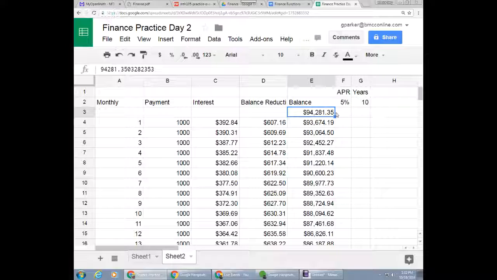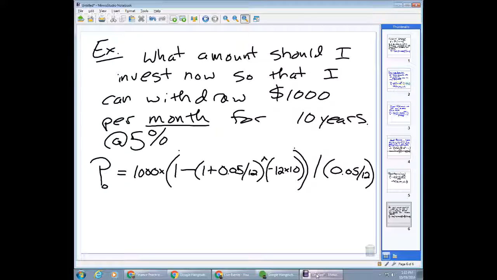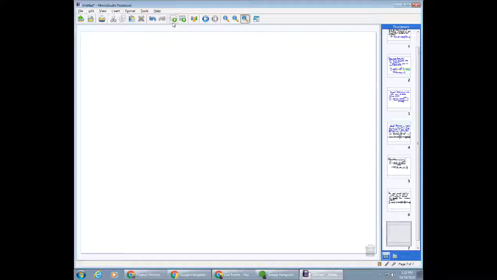So I'm going to look at this in reverse now. So we're going to reverse the formula we just did, and then I'll show you the spreadsheet version of it. And then I'm going to let you go to the lab and screw around with these kinds of things. So new page. So the reverse formula